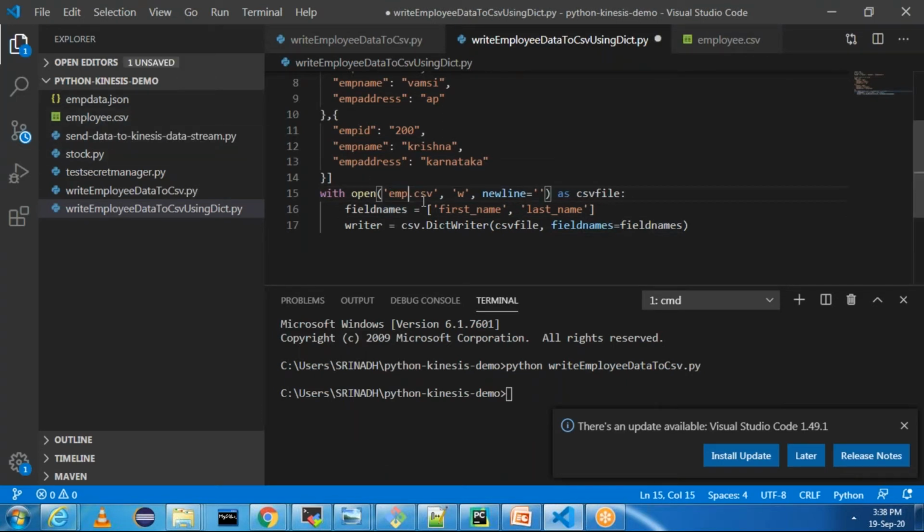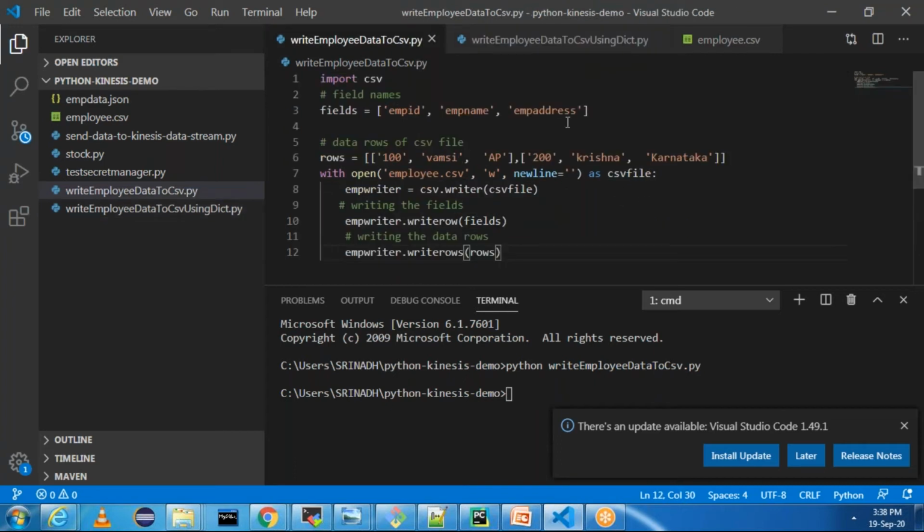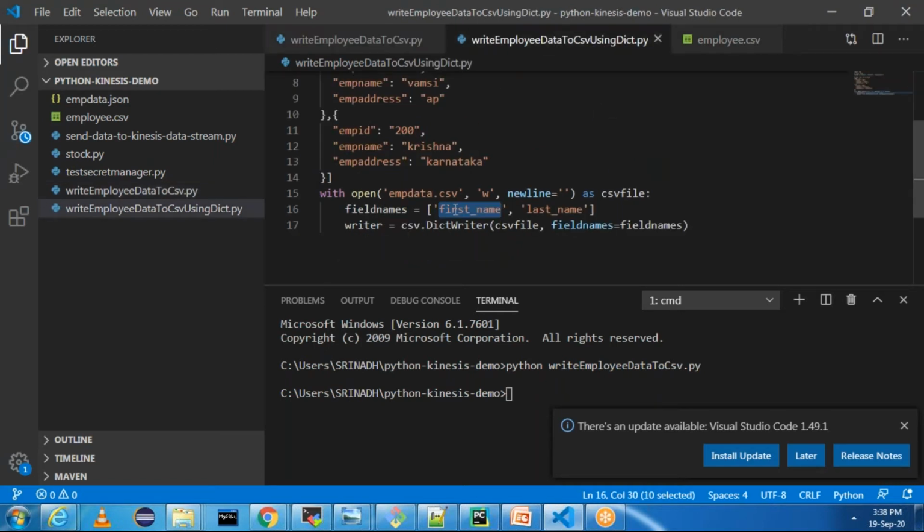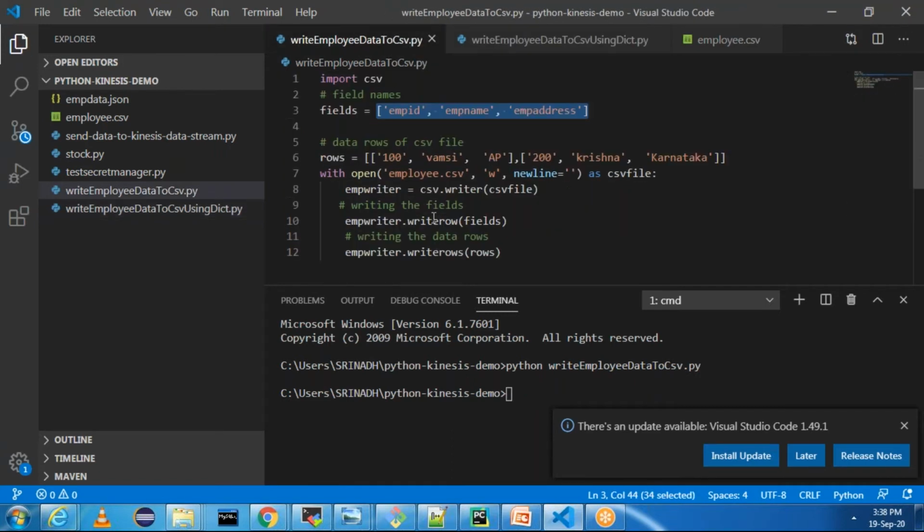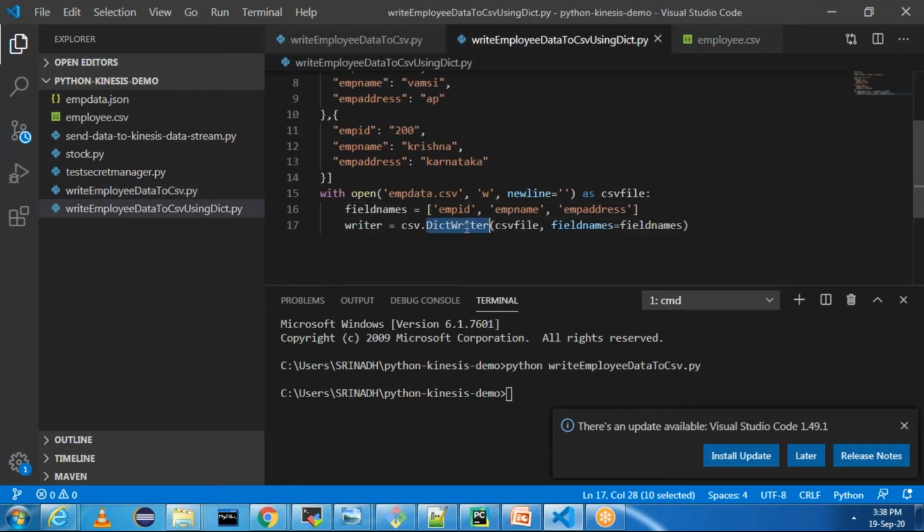I will say employee data.csv, and I'm writing newline equal to this, and field names. Field names we already have. Field names are employee ID, employee name, and employee address. In the earlier case we used writer. Now I am using dictionary writer. I'm mentioning the CSV file, which is the alias name, and field names also I provided.